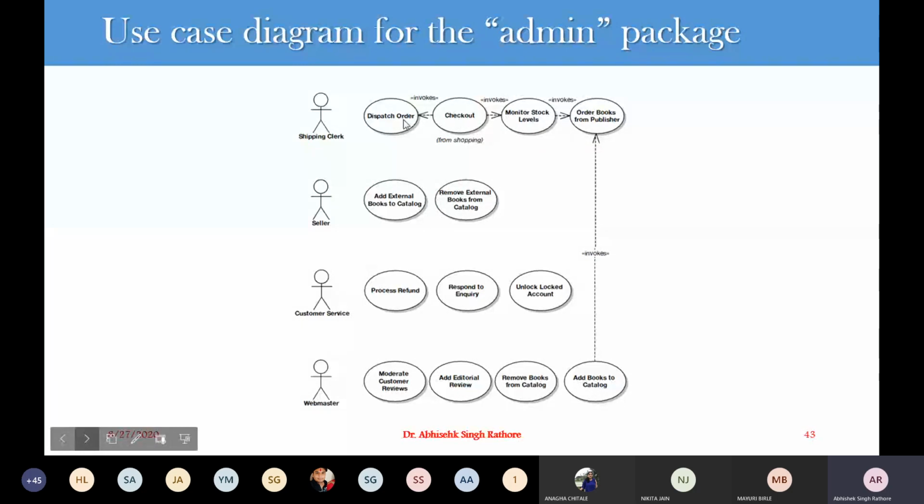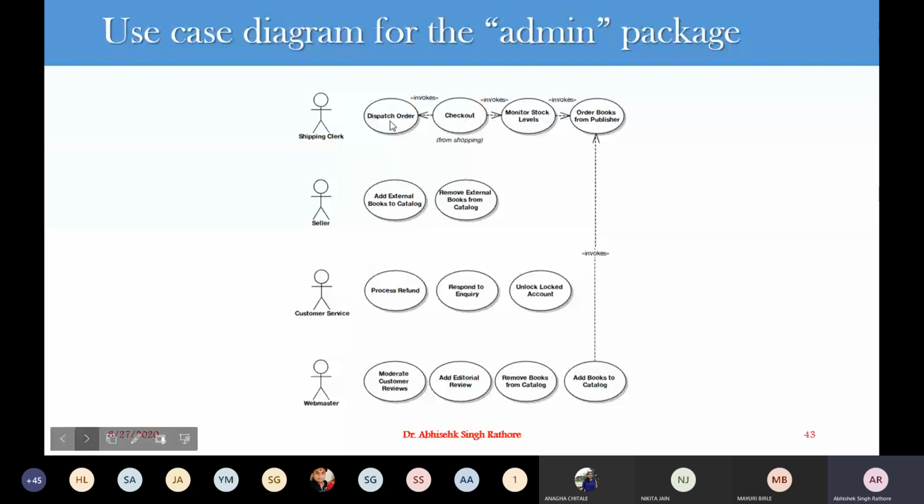It's a simple relationship. What we can say is that when we have an invoke relationship which says that A invokes B, it means that B is sometimes called in the lifespan of use case A. So when we go for checkout, we'll go for dispatch order.